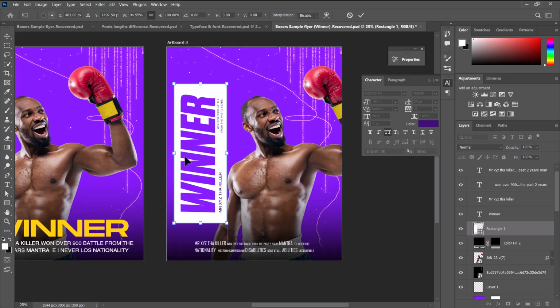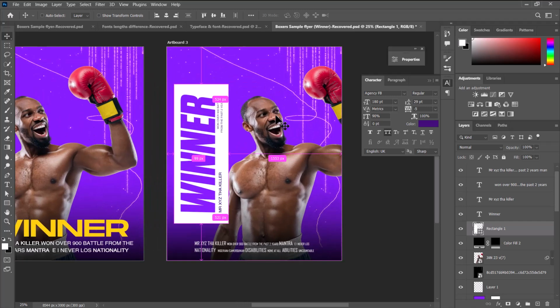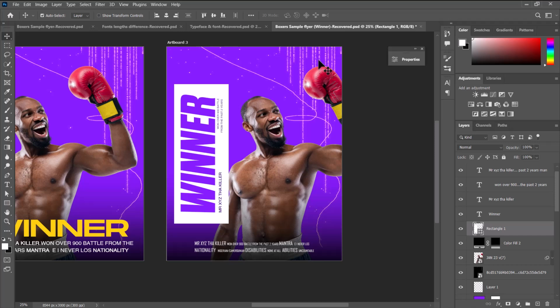So I'm just going to drop down the shape like this a bit. I think it was okay the way it is. So anyways, like this, then I will just adjust it. So you can see this is another style of design. It can actually still make sense. Yeah, so that's that about text manipulation,